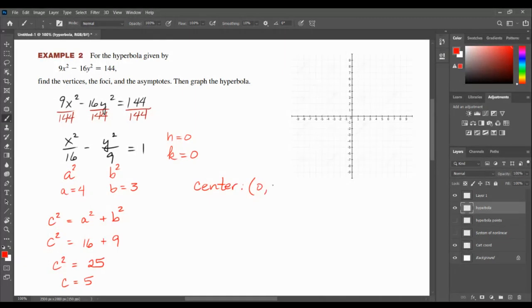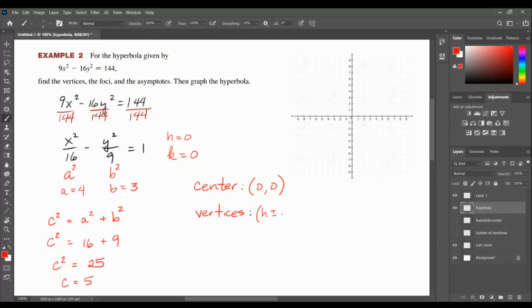So that'll be 0, 0. The vertices, now as a reminder, I've got x squared positive. When x is the positive term, I have a horizontal transverse axis. And my conic summary sheet bears that out. And it tells me right there that the vertices, and I'm going to go ahead and write this down, are